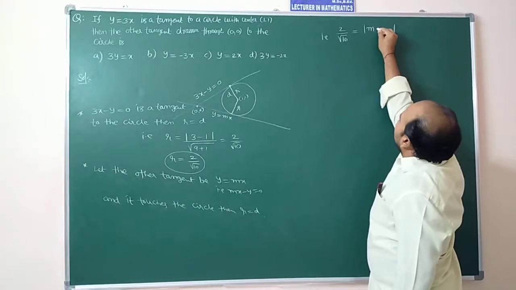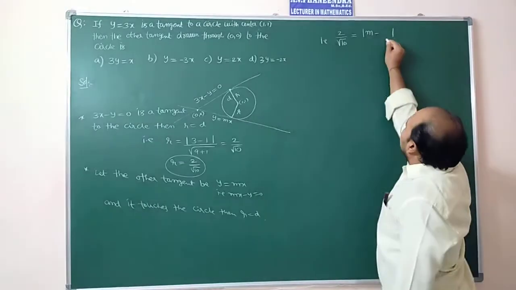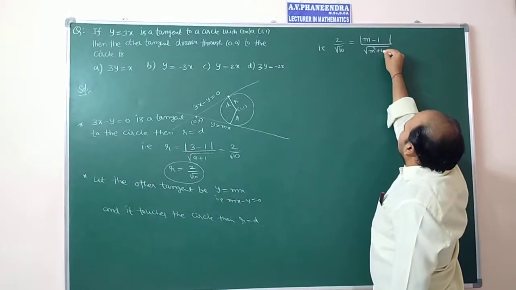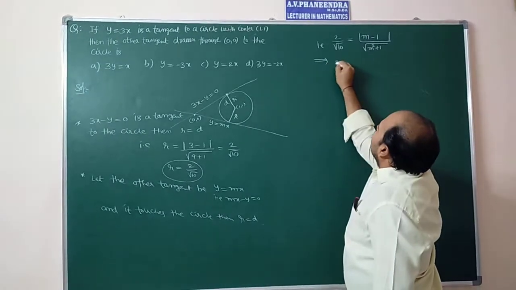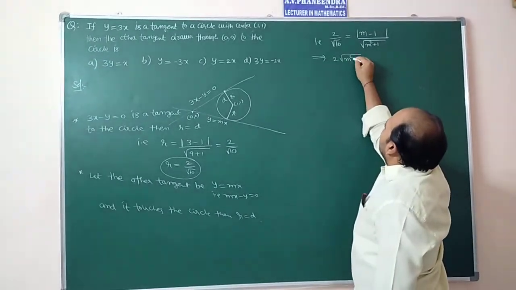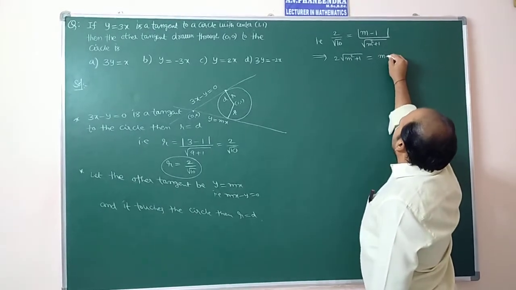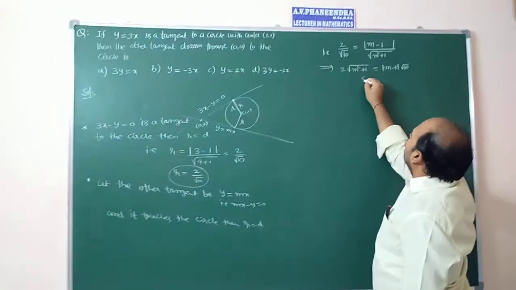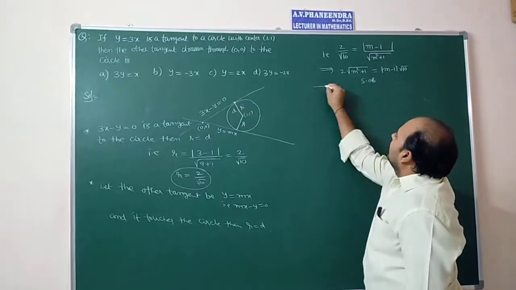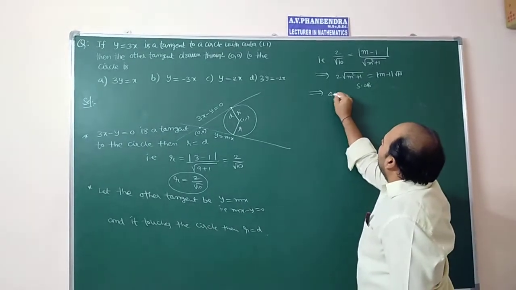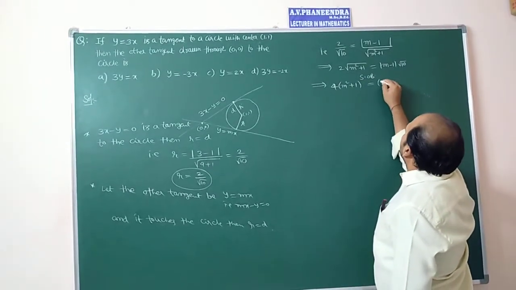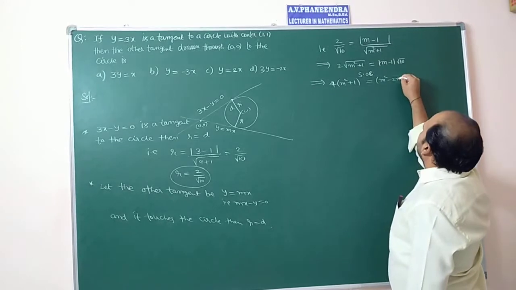So |m minus 1| divided by square root of m square plus 1. Cross multiply: 2 root of m square plus 1 is equal to |m minus 1| into root 10. Squaring on both sides, that implies 4 into (m square plus 1)